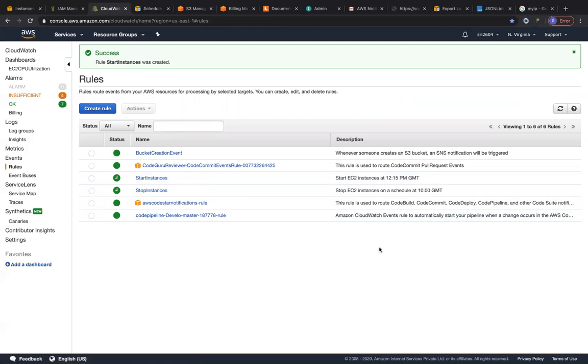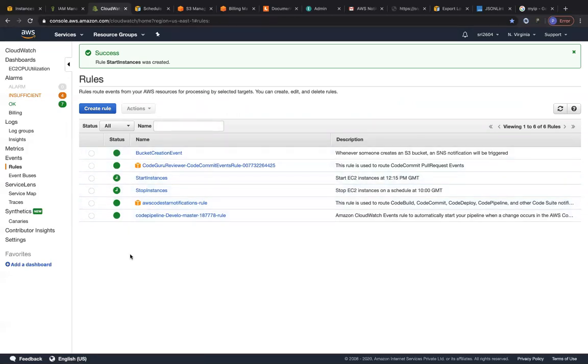So in this way you can save up on a lot of cost for your instances that are in the stop state, so you don't need to pay for them, right? And you can see the difference between creating a normal rule over here and creating a rule that has a schedule tied to it. So you can see the difference between a scheduled rule and a normal CloudWatch event rule, right?